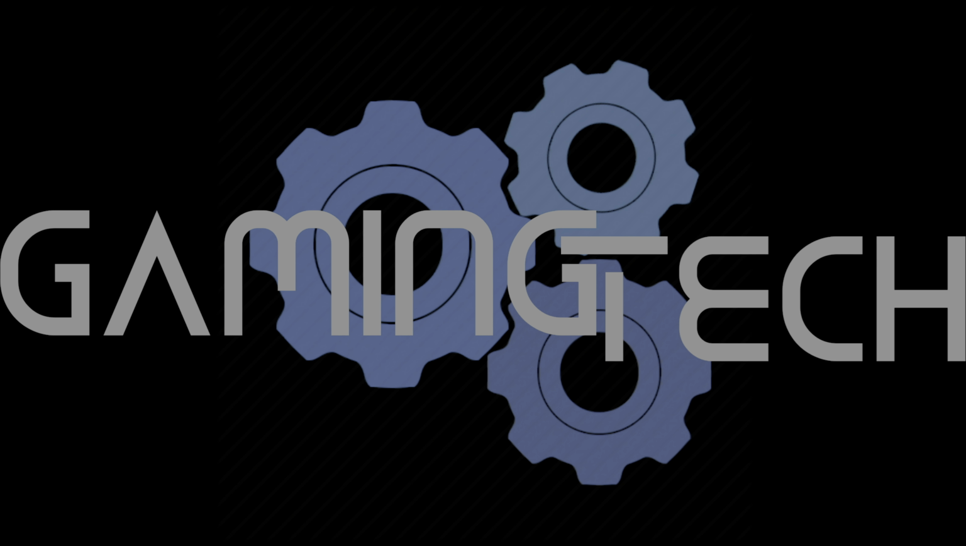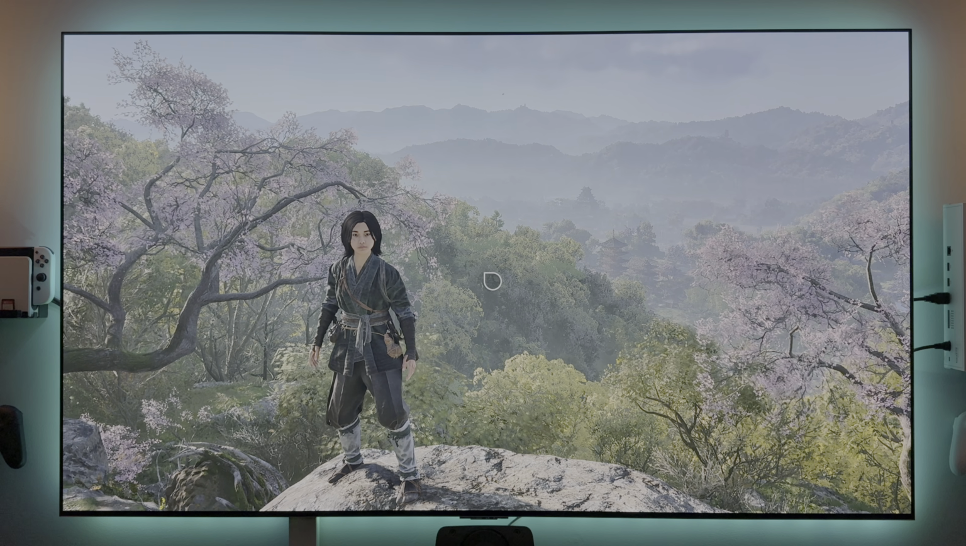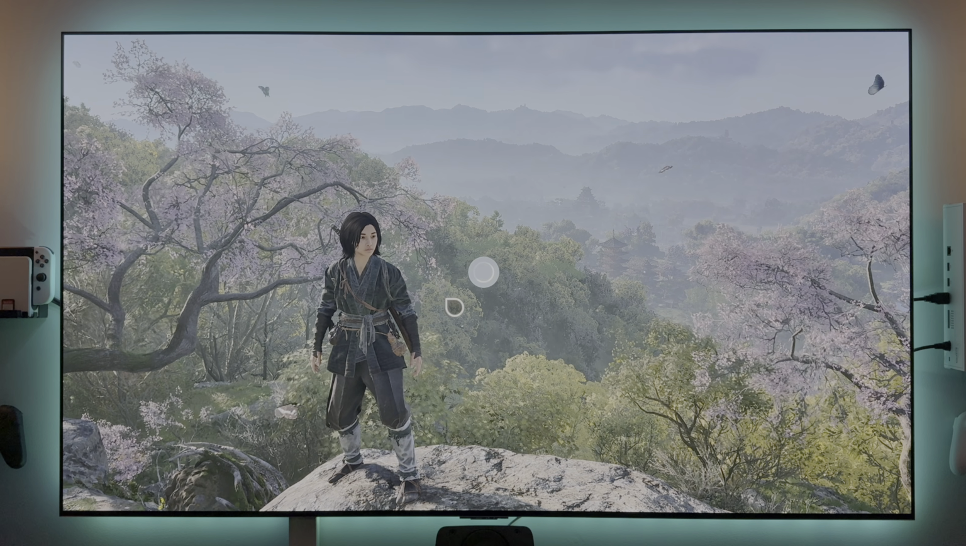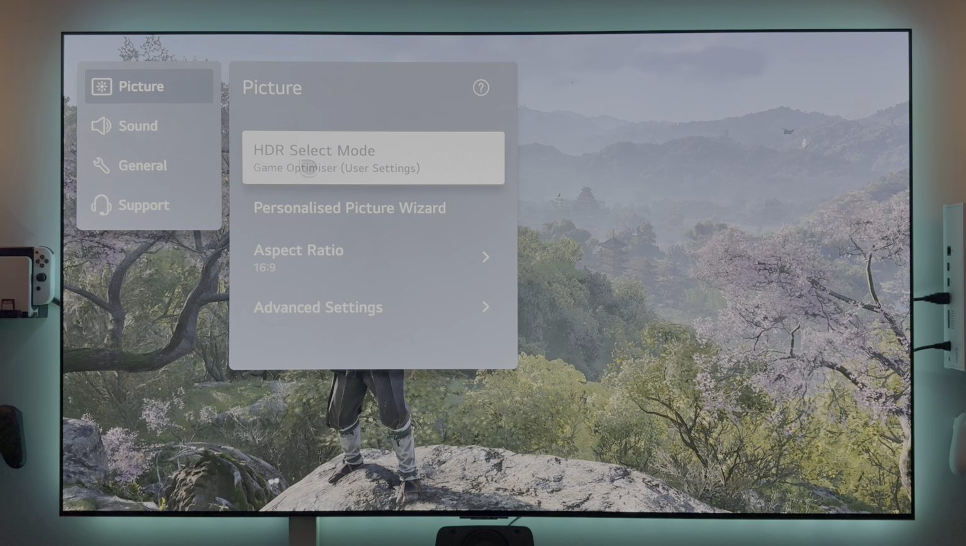Many people are asking me what picture settings I'm using to play Assassin's Creed Shadows on my LG G4. So here we are. Okay, my friends, let's talk about my LG G4 picture setting or picture mode, what I'm actually using to